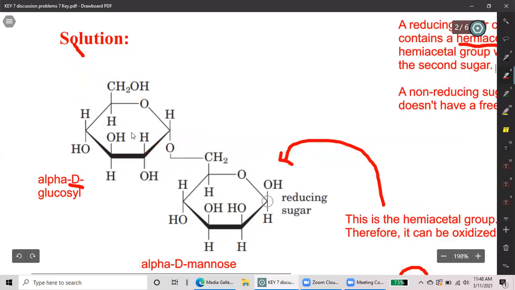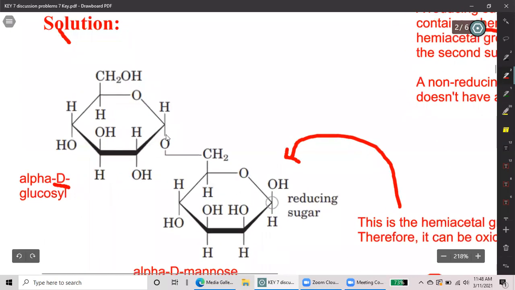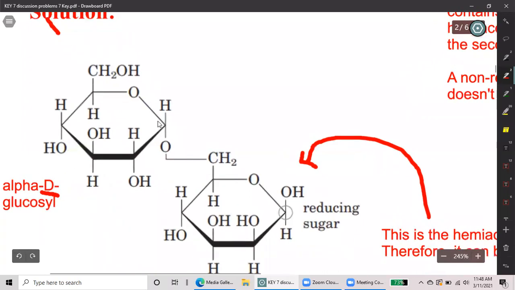You know that glucose is the first sugar and mannose is the second. So the first thing you should always do is number your carbons. So we already know that this for glucose is number 1, this is number 2, this is number 3, this is number 4, this is number 5, and